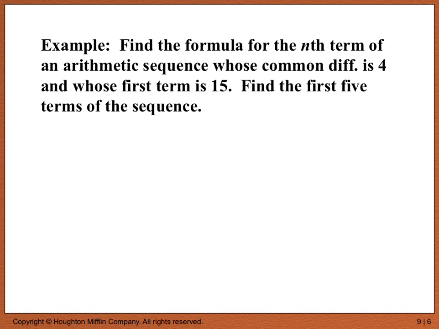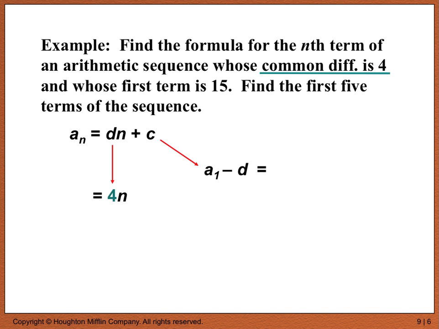Okay, so walking you through the solution, we know that we want this formula, a sub n equals dn plus c, and of course we can fill in 4 for d. And c is just a1 minus d. I know the first term is 15, so 15 minus 4 equals 11, and therefore my formula is 4n plus 11. So a sub n equals 4n plus 11 is my formula,